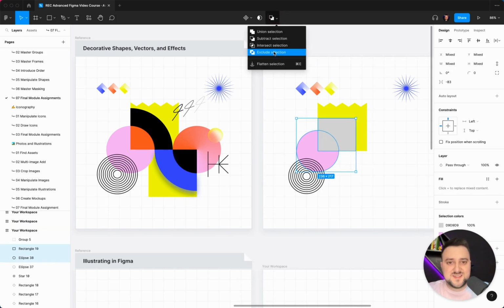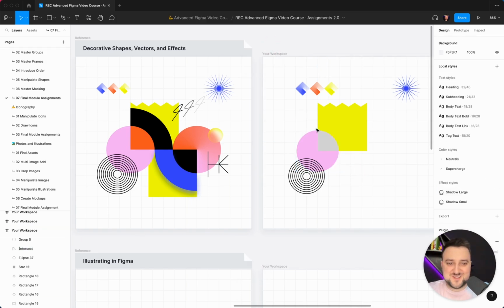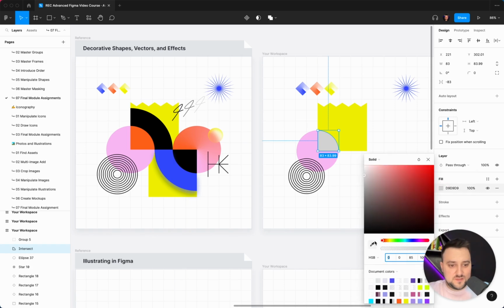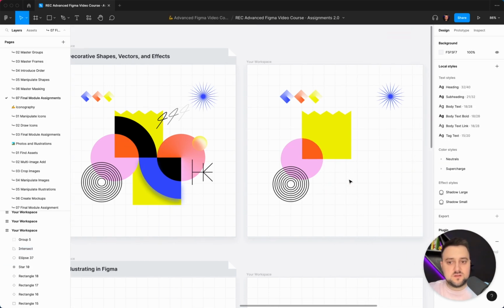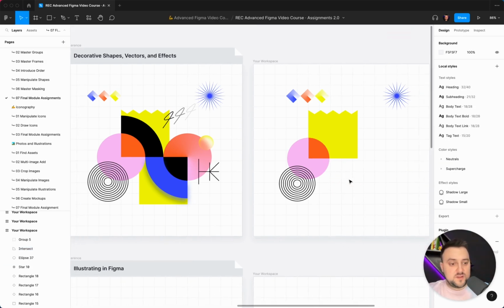Oh, silly me. Let's intersect it. Sorry. Perfect. Let's grab this color. That's awesome. We're already making a lot of progress in here. Let's analyze what's happening in here. So this feels like a really big